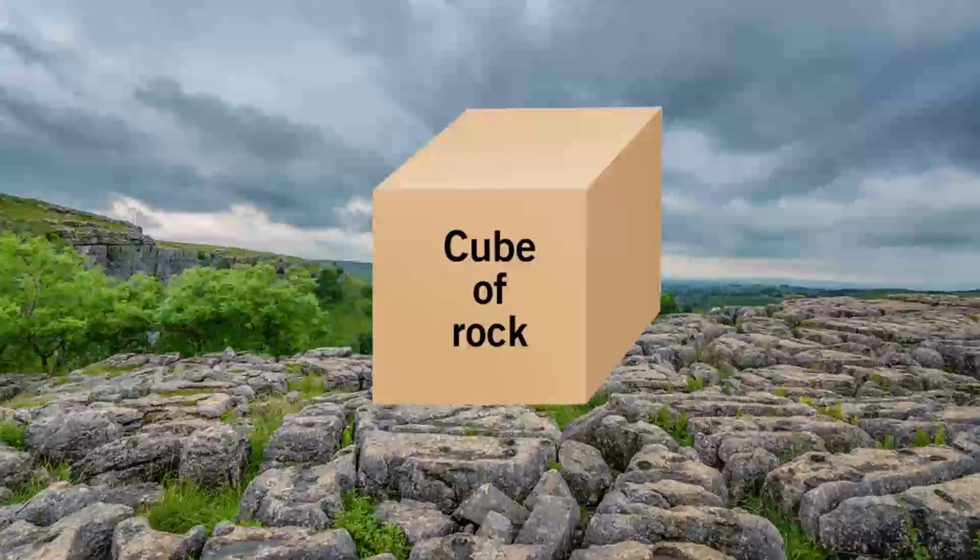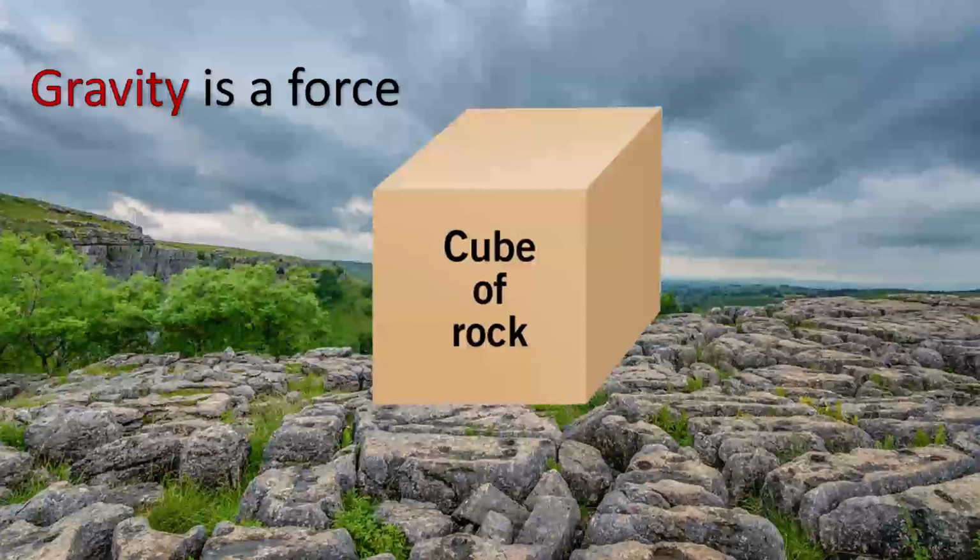Okay, so first, imagine you have this nice cube of rock out there in the world. It's probably sitting on top of some other rocks or maybe some plants or an unlucky animal. But there's this cube, and it is experiencing Earth's gravity because here it is on Earth. Gravity is a force and it acts on all objects in our gravitational field and it pulls them down to the surface of our planet. This force is absolutely acting on our little cube of rock, and it's pushing on the outside of it